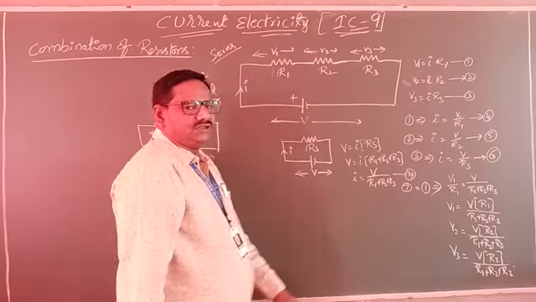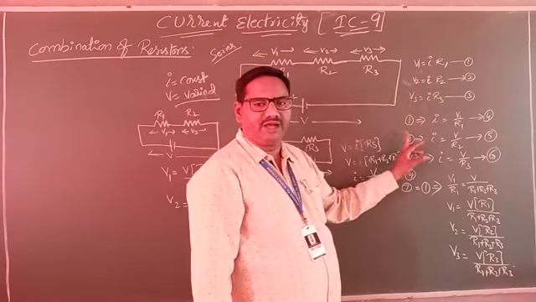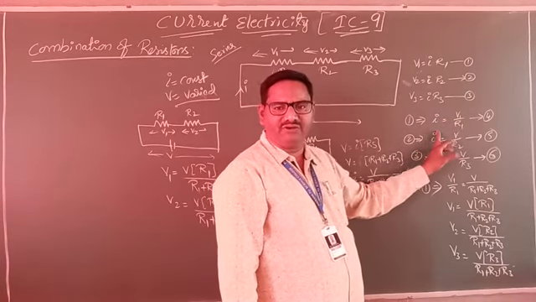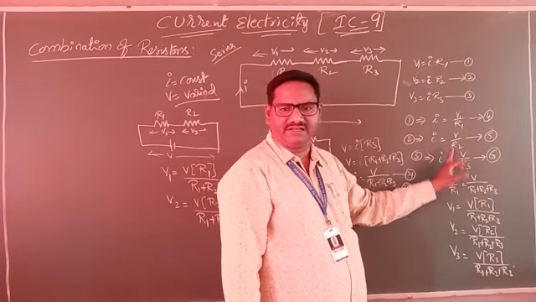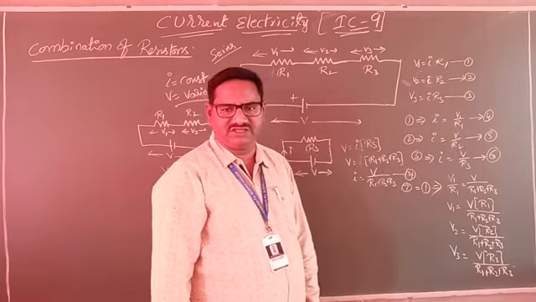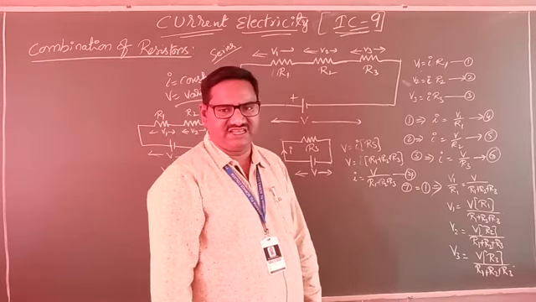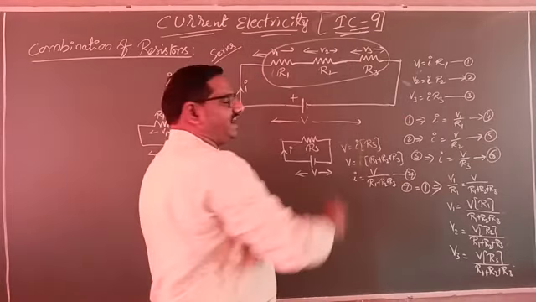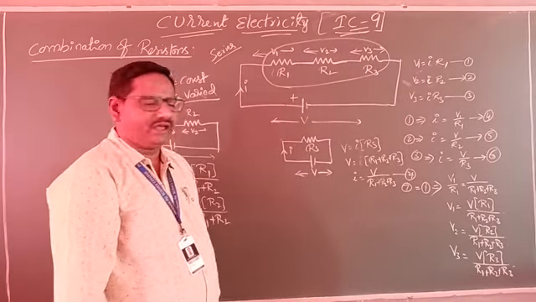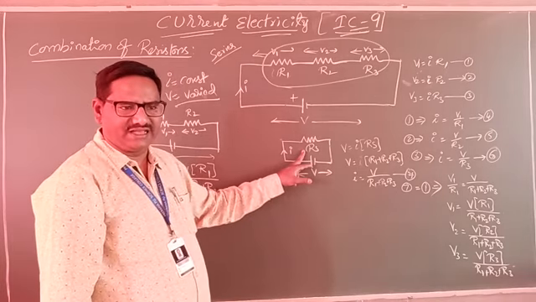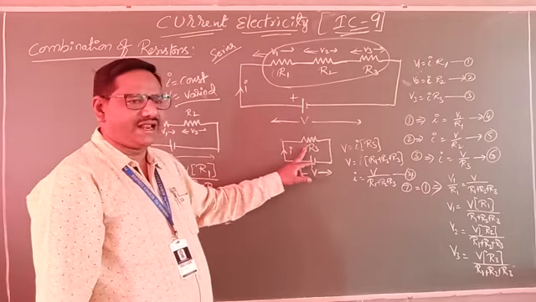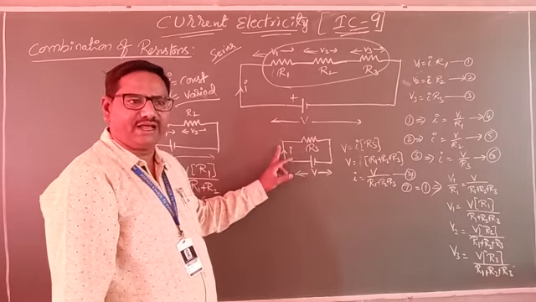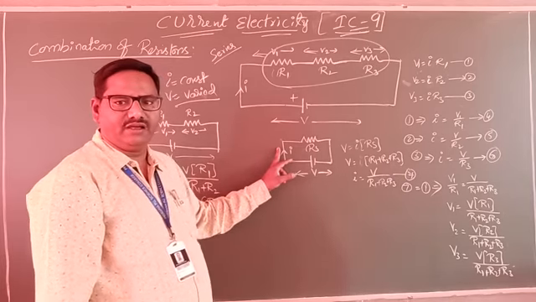Clear? Now from the first equation, the current you can write as I equals V1 by R1. Similarly, I equals V2 by R2, and I equals V3 by R3. Like that we wrote three more equations. From equations 1 to 3, we get equations 4, 5, 6. Now, if these three are seen as one effective resistance, we can call that effective resistance RS. Now the potential across this RS will be V and the current will be I.